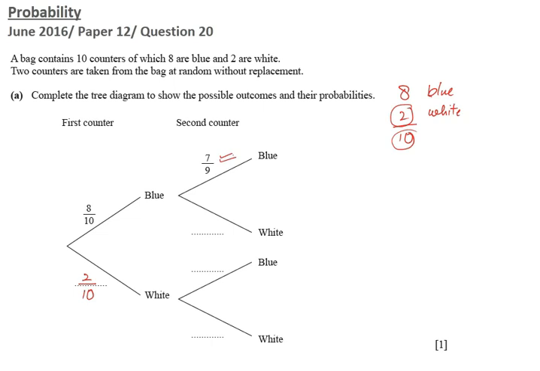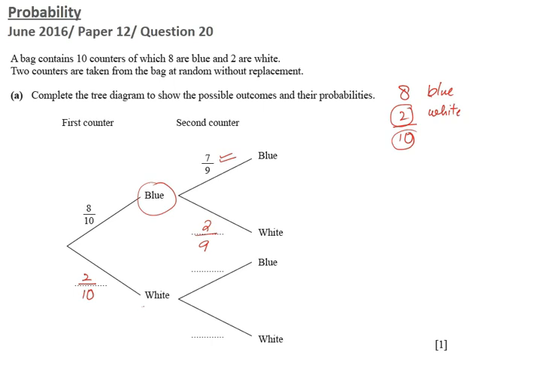Now if the first counter is blue and now we are picking the second counter and it is white. So up till now we have not taken any white counter from the bag. So how many white counters we have in the bag? 2. But the total outcome will be 9 because the first ball we have already taken as blue. So in the total 1 is less. So it's 10 minus 1, so it's equal to 9.